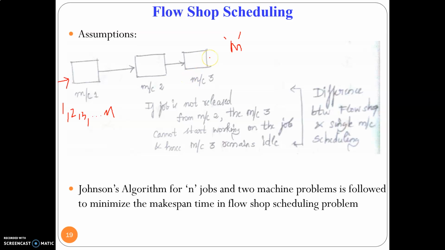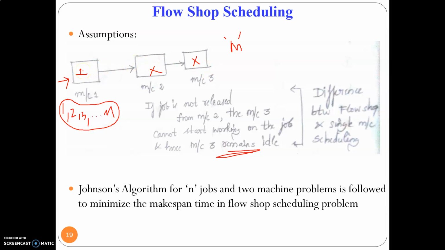In addition to finding the optimal sequence of the jobs to maximize a certain performance measure, we also have to find the sequence that will minimize the idle time of each machine. When job 1 is being processed in machine 1, machine 2 and machine 3 will remain idle, because without getting processed in machine 1, job 1 cannot move on. Till job 1 gets processed in machine 1, machine 2 and 3 will remain idle.